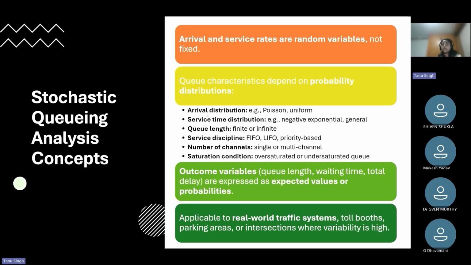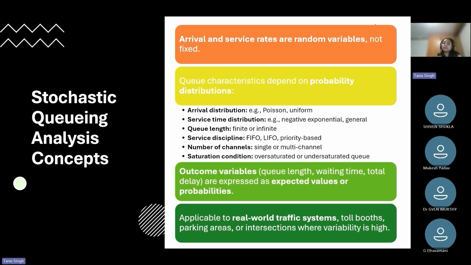And if it is very much less than one traffic signal cycle, we say it's an undersaturated queue. These are the two queue situations, oversaturated and undersaturated. The outcomes in the stochastic analysis, like queue length, waiting time, and total delay, are expected to be